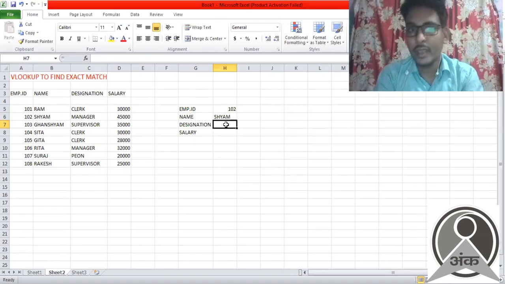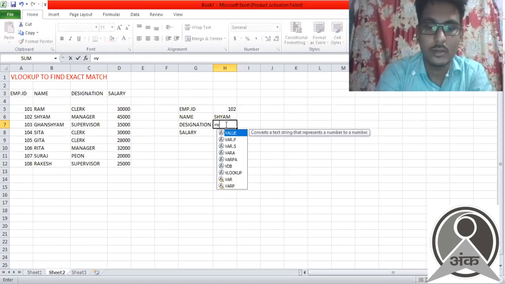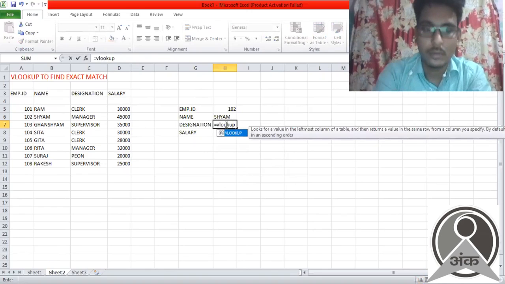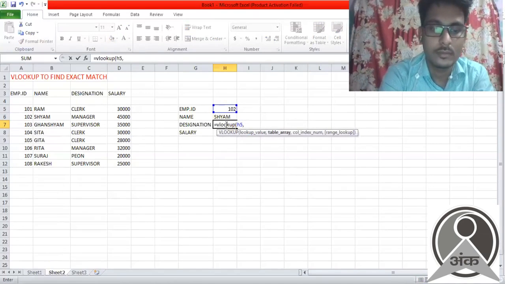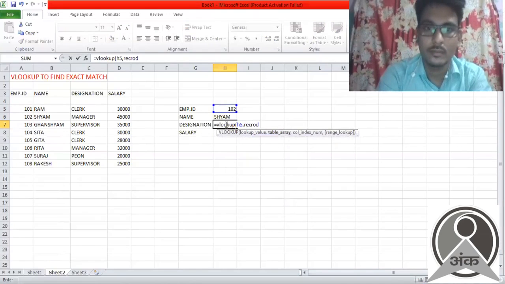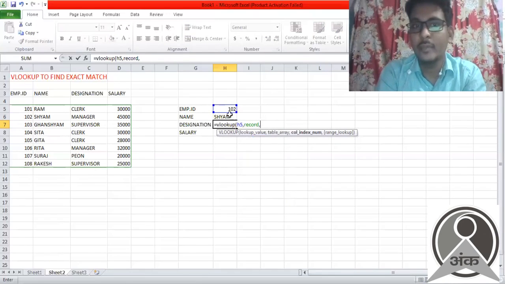In the same way, we can also write the formula for designation and salary. So now I'm typing H5 for 102, record for the data value, and then you need to type the column number of designation.